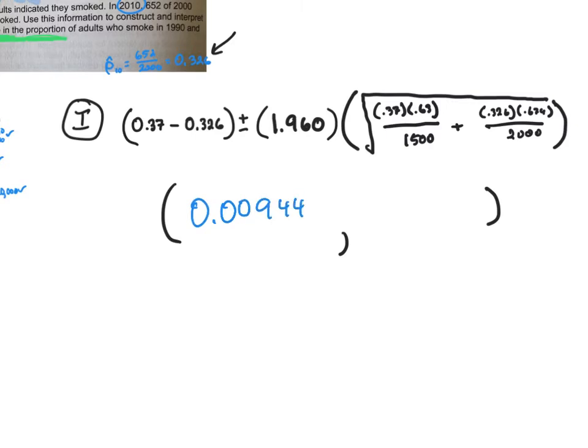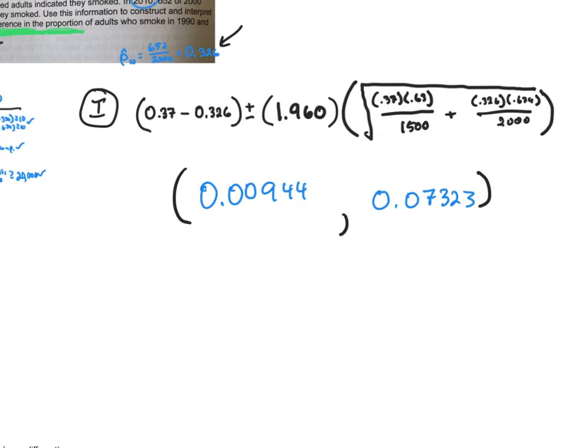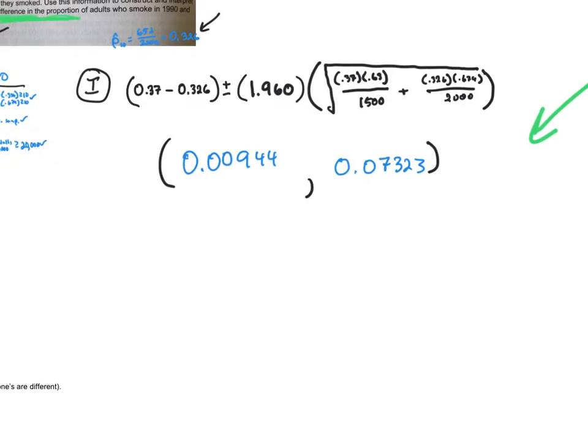0.00944 all the way up to 0.07323. I had to make sure that I had punched everything in right, okay? Now, here's what I want you to think real quick. This is representing the interval for the difference in the proportions,